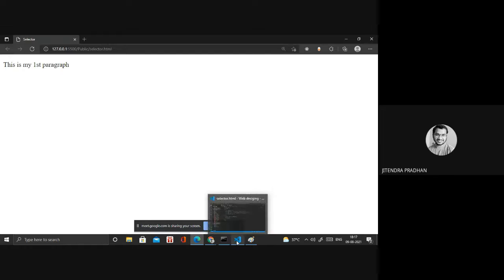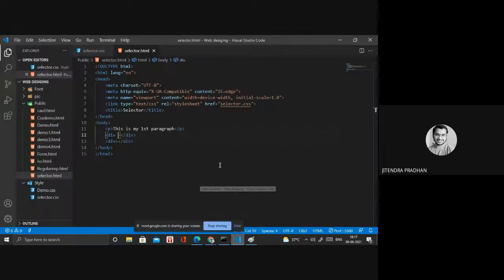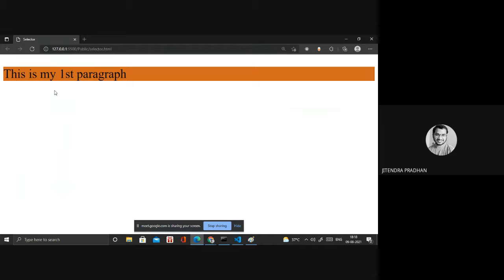What is the problem? It's not detected. The style sheet selected has a new one. Wait, I will change that. The href is selected. Okay, I need to select the virtual path, style dot slash. That's where it's facing a problem. We are facing a problem in that selector or CSS. Okay, let's see. Yeah, it's affected now.